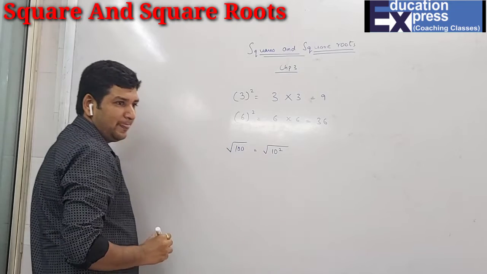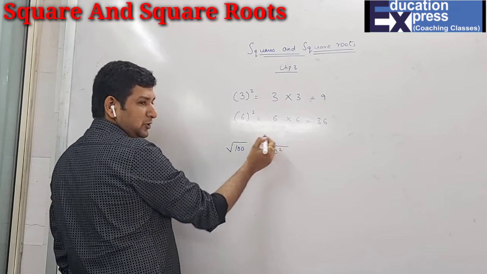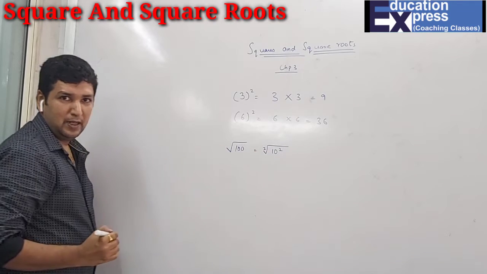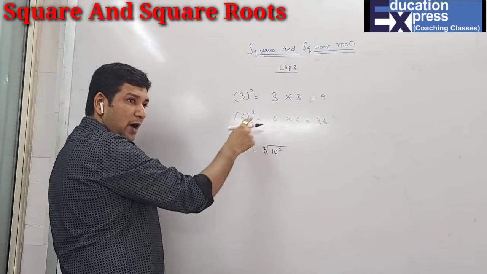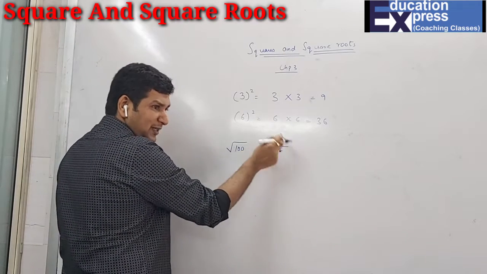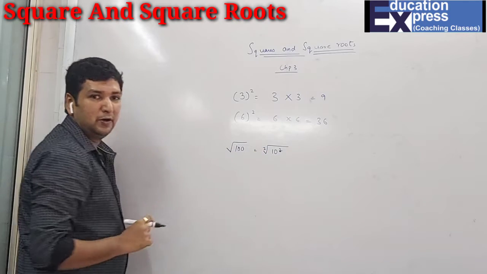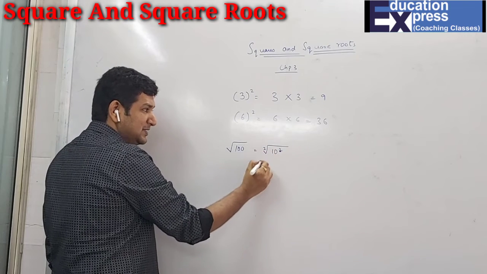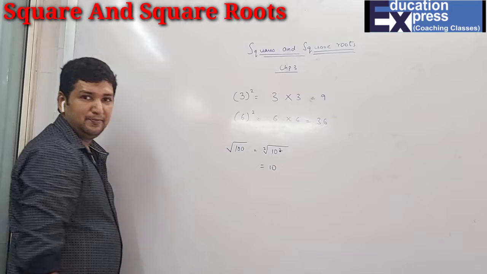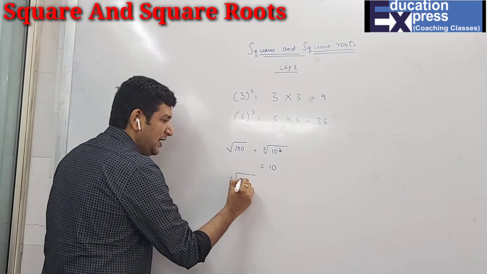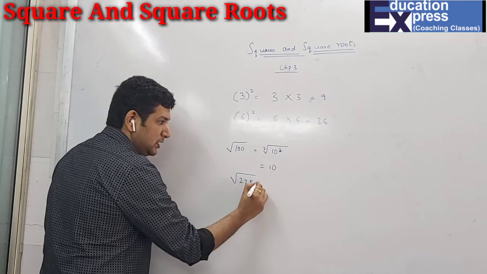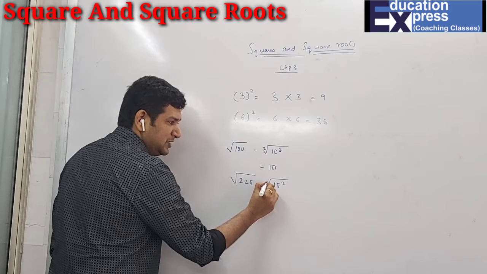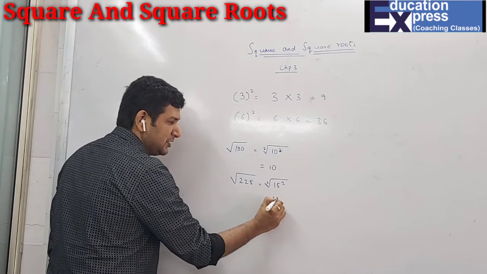10 square. Students, understand that whenever you write this root, if nothing is written over here, it's understood that 2 is there. And any number from this root can come out if the power inside the root is equal to the root over here. Power inside is equal to the root. So can you see 2 and 2 are same? That means they cancel and the answer will be 10. Similarly, in case I have root 225, that is nothing but 15 square, and over here nothing is written, it's obviously 2 will get cancelled, answer is 15.